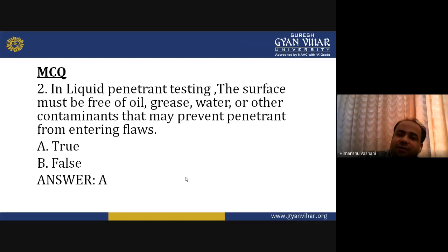In the second, in liquid penetrant testing, the surface must be free of oil, grease, water, or other contaminants that may prevent penetrant from entering flaws. What do you think? Should it be true or false? I think it should be true. Okay, because the surface,